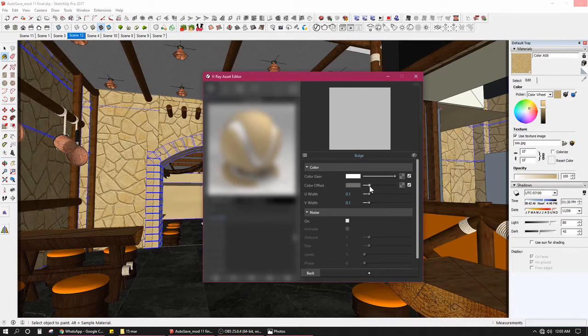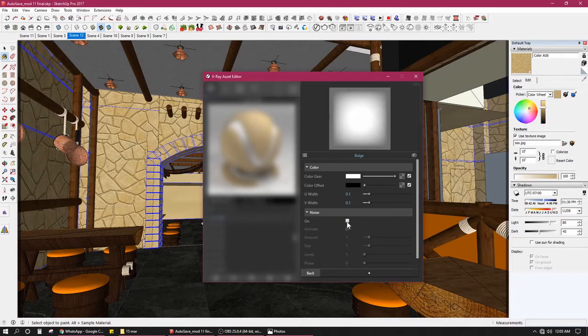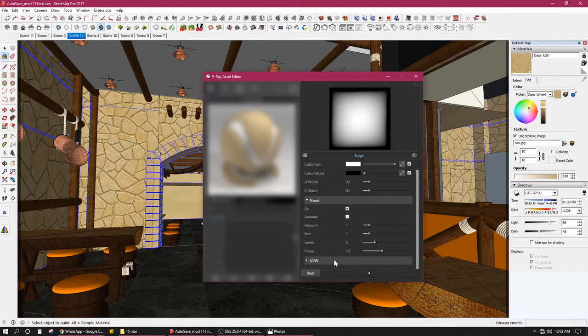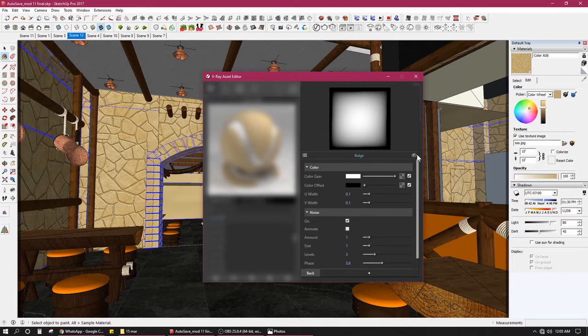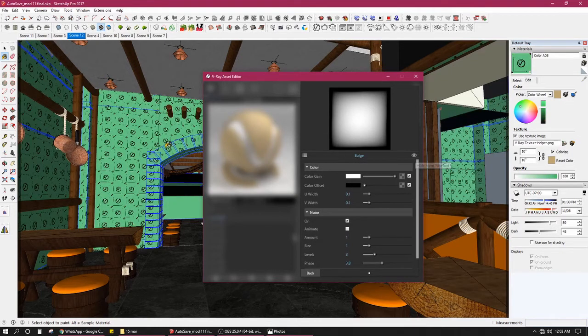I can alter the color offsets of this. If I want some noise in it, let me just raise this to 4 point something. All right, that is done. If I go over here and let this be visible, now that this texture has changed, it says that I have applied a specific bitmap, a specific texture to it.